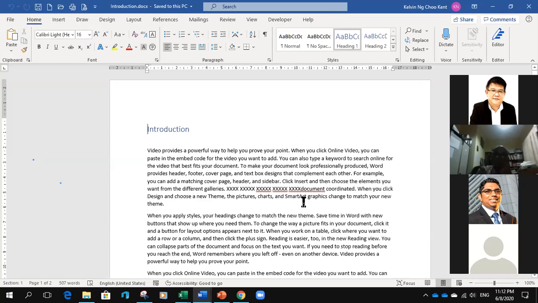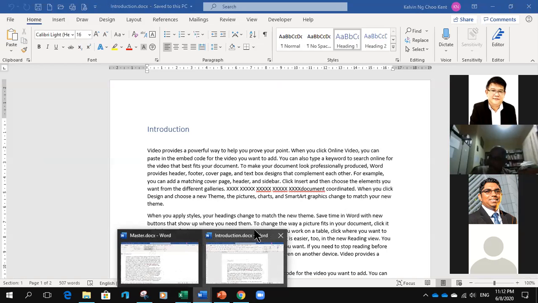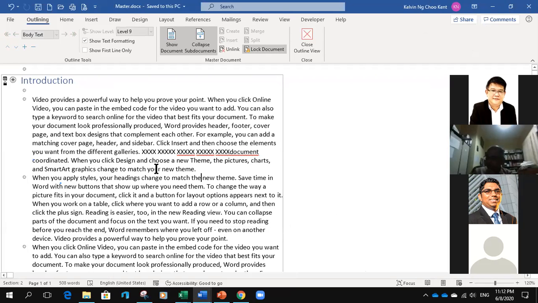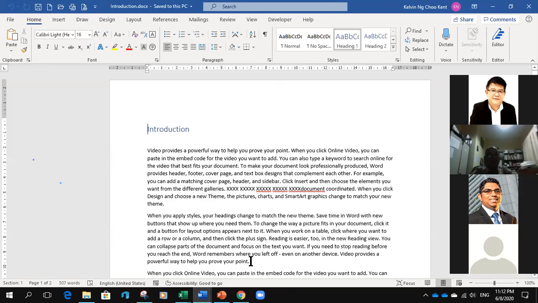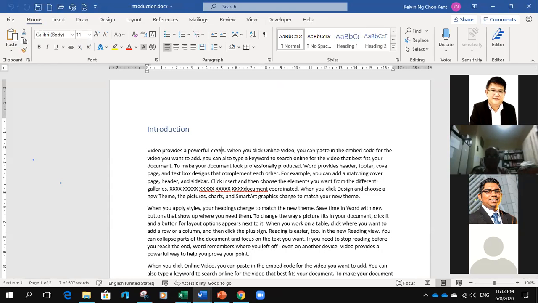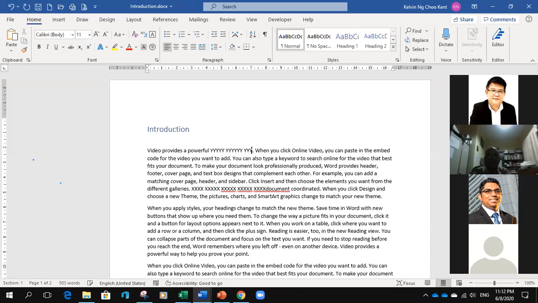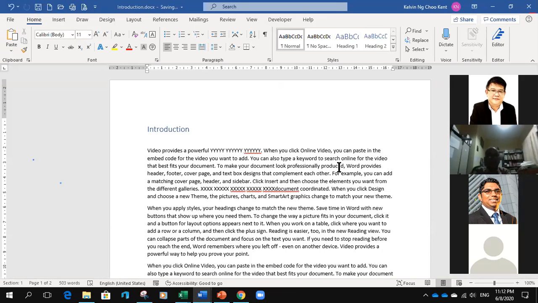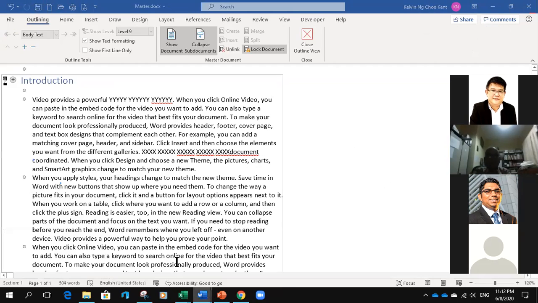So it's two-way editing. As soon as Ravin makes these changes, in my master document I have two: one is called master, one is called introduction. If I go back to master, it will change as well. Okay, so if I go to this document, I change all this to Y, then I usually save the document. Now, let's just say I don't close it. I just go to my, let's see, Y.